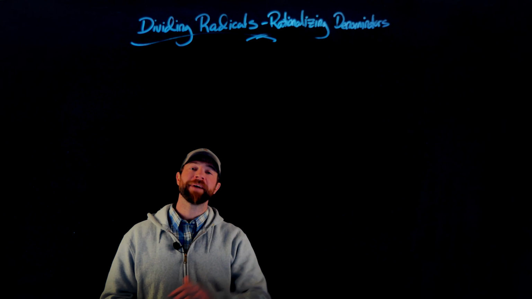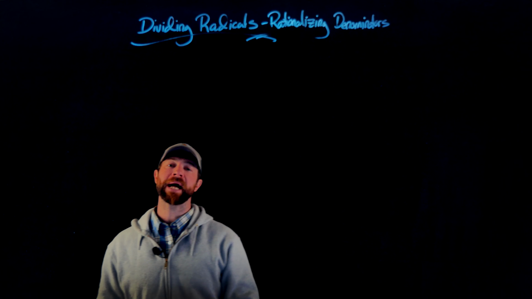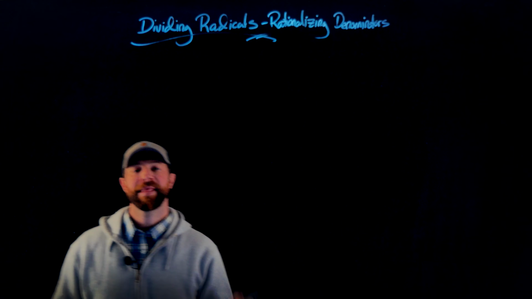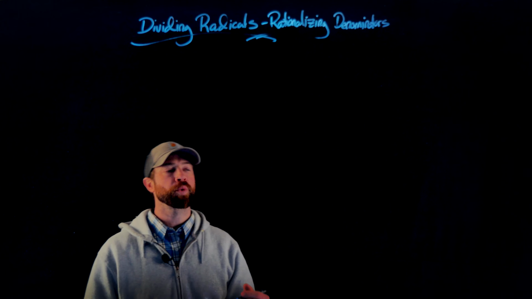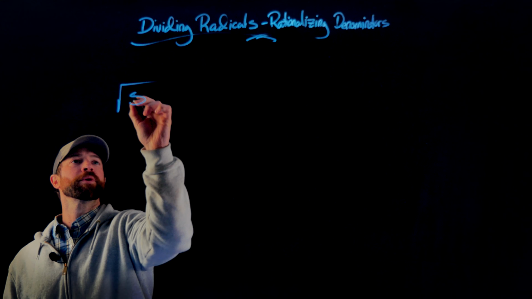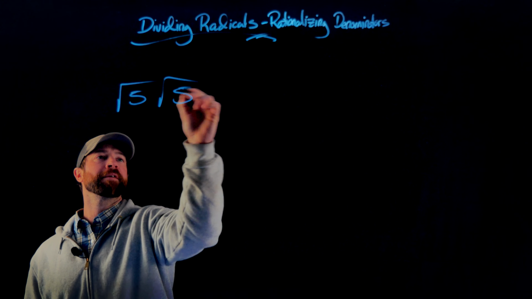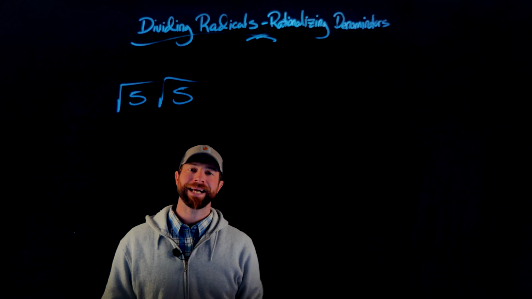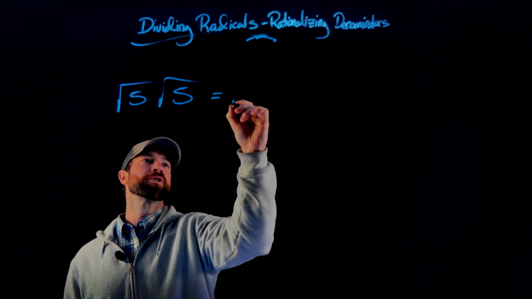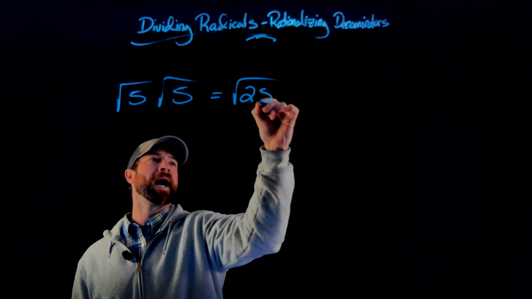All right, let's talk about dividing radicals, specifically how to rationalize a denominator. We need to review one concept first before we get into the nitty-gritty, and that's what happens when we multiply a square root expression by itself. Specifically, if I multiply the square root of 5 times the square root of 5, the question is, what will I get? Well, if we understand how to multiply radicals, this would turn into the square root of 25, which